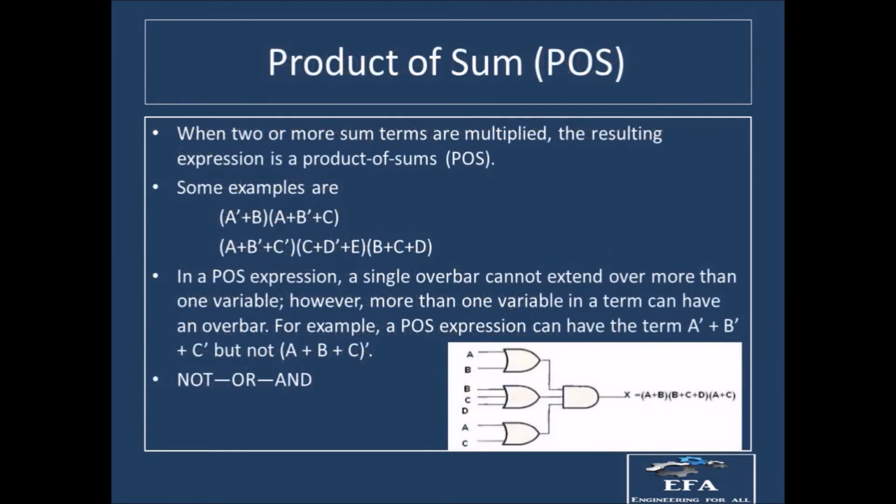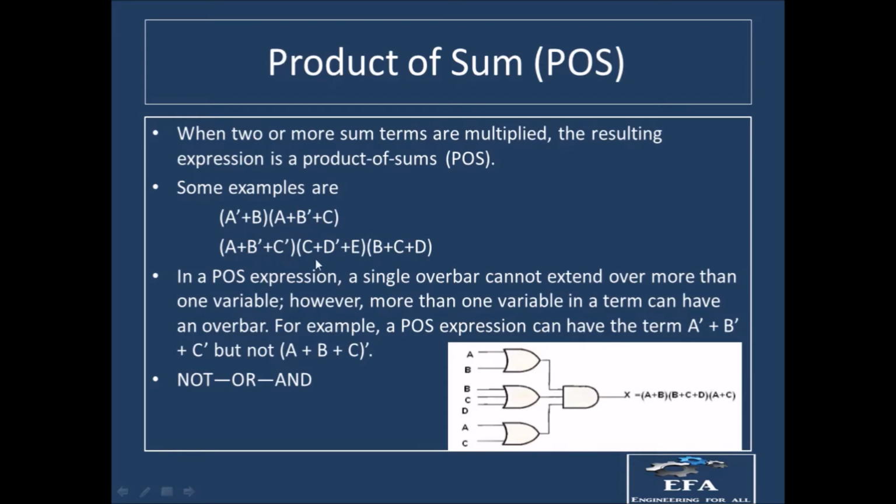Okay, so let us move on to the next part. Next is the POS. POS means product of sum. Product of sum means now we are having the terms in terms of their sums and we are taking the products. This is an example of the POS. We are having A bar plus B. This is one sum where we are using the OR gate. And this is another sum, again using the OR gate, A plus B bar plus C. After taking their ORs, what we are doing is taking their products. Therefore this is product of sum.